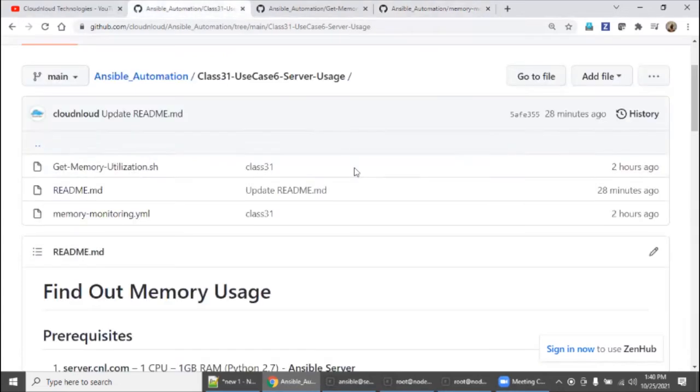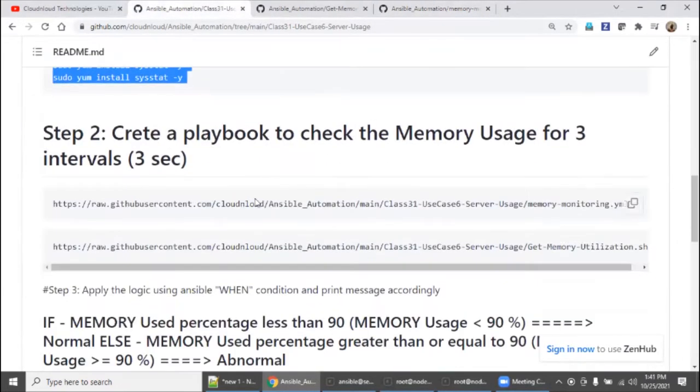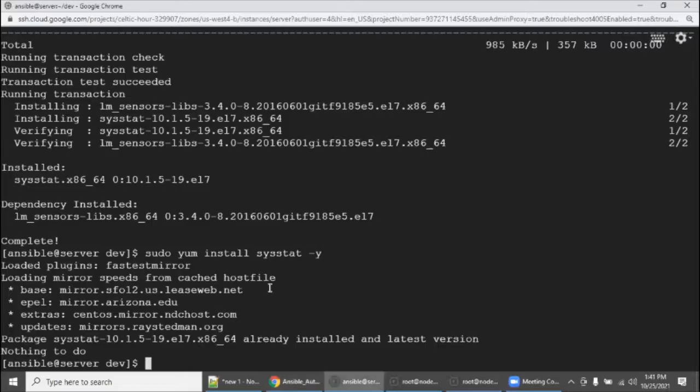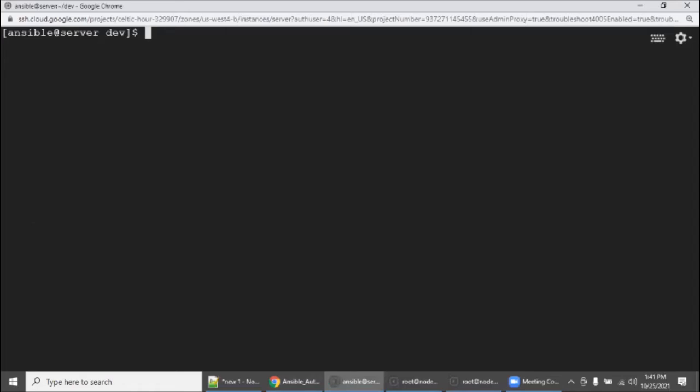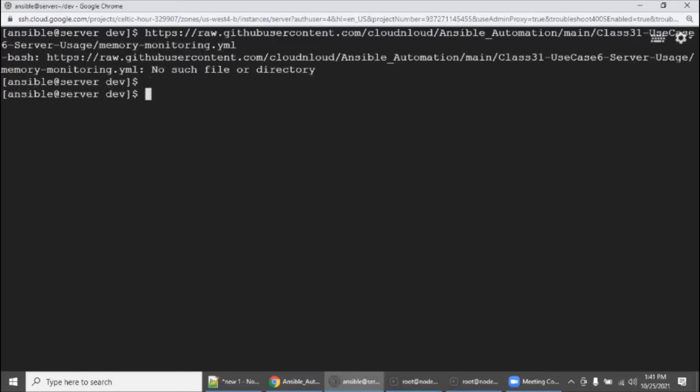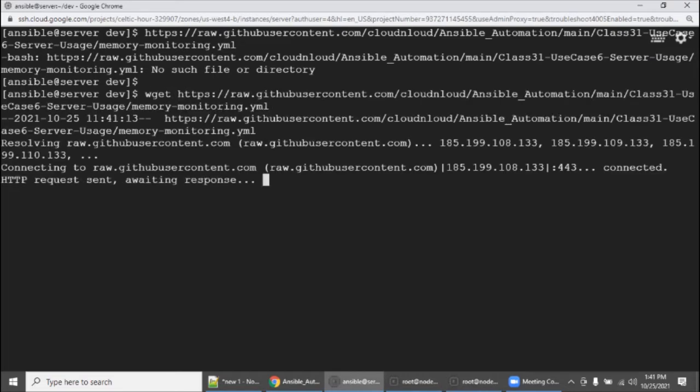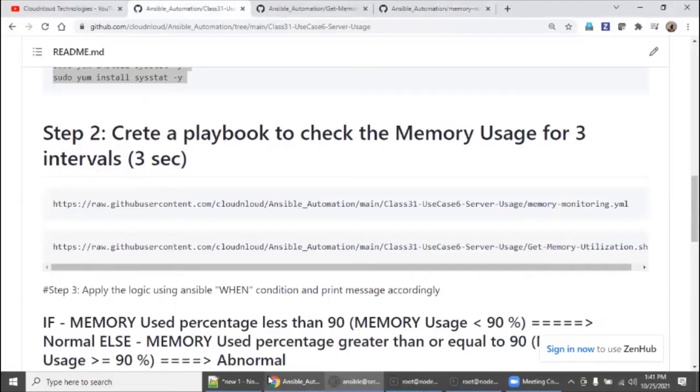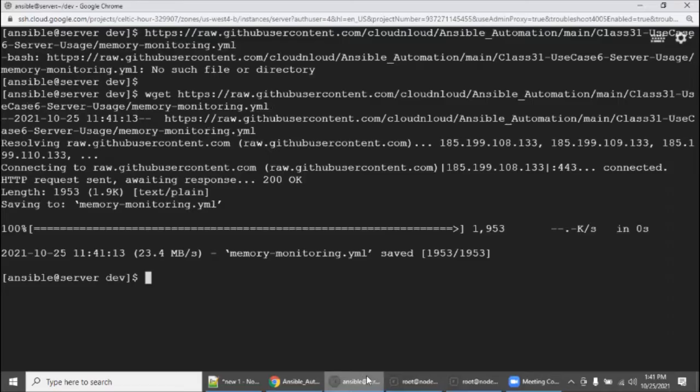So I'm going to download both scripts. Say I'm going to use wget. So I have downloaded. I also need to download the script with wget.